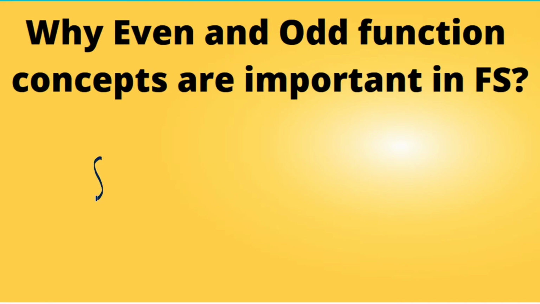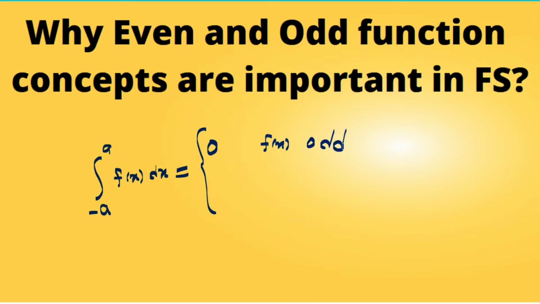As you know, if we solve the integral from minus a to a of f of x dx, then for this integration we directly get the answer 0 if f of x is an odd function. So for every odd function, if the integral is from minus a to a, then the integration of this function is 0. What about the even function? It is twice the integral from 0 to a of f of x dx, if our function f of x is even. So this is a formula of integration.